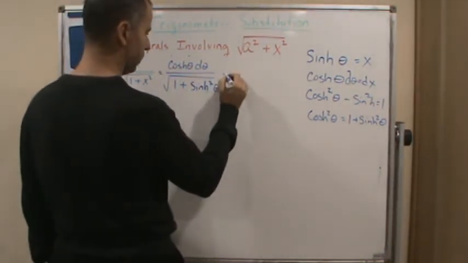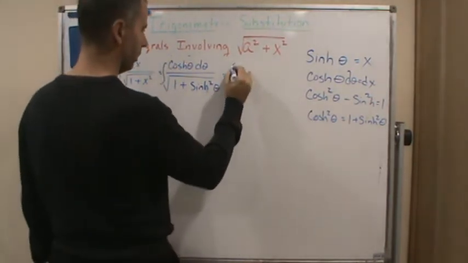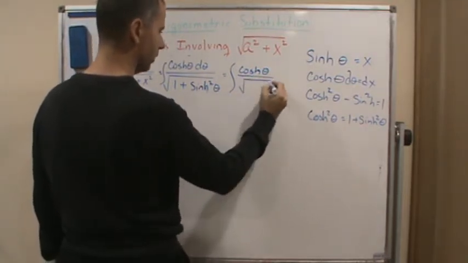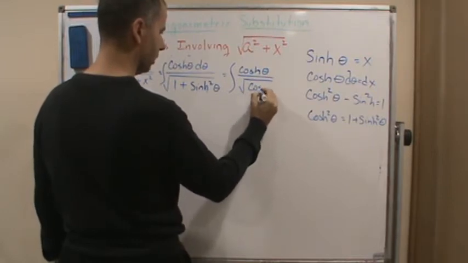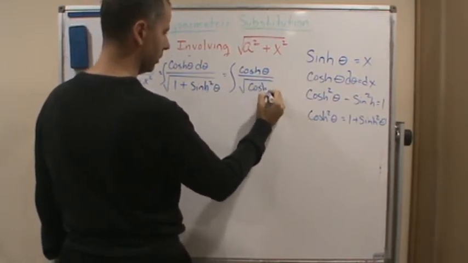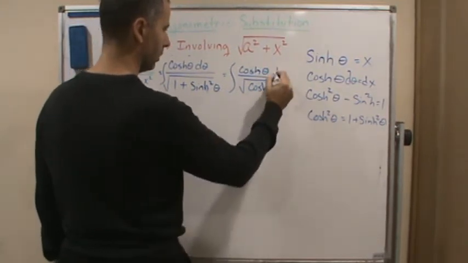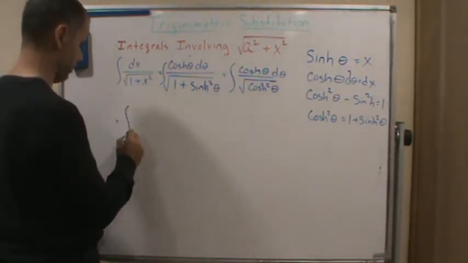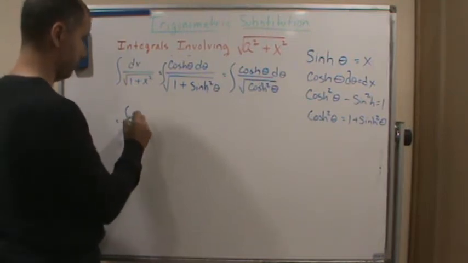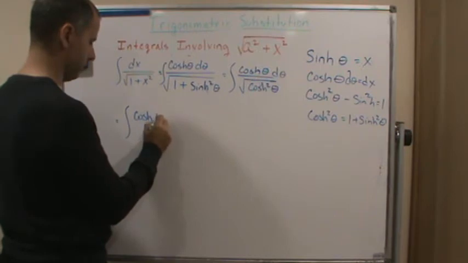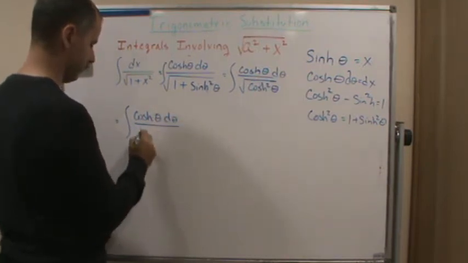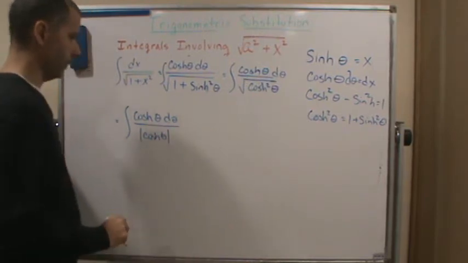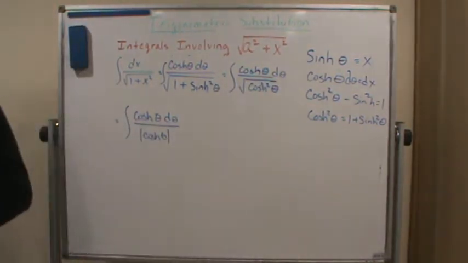So now we can replace this with, gotta have an integral, the integral of. Right? So just take the square root of the square here, and I get